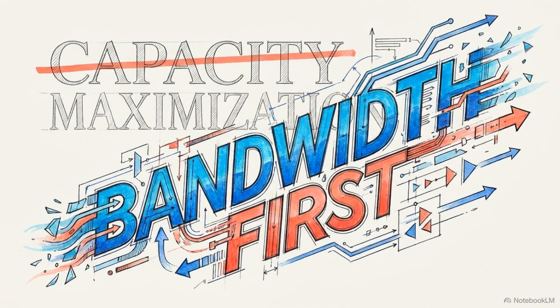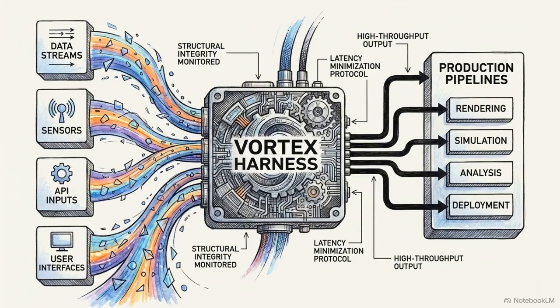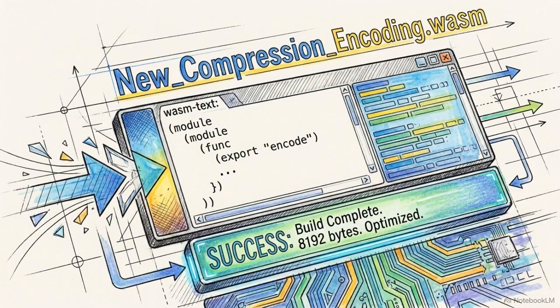These metrics prove that the engineering priority has moved beyond storage footprint. High-volume throughput is now the primary mandate. Raw speed is simply a byproduct of the engineering. The actual durability of Vortex lies in its extensibility. It is designed to be the LLVM for file formats, an open-source, industrial-strength harness capable of absorbing bleeding-edge storage research directly into production pipelines. By integrating WebAssembly, developers can compile new compression encodings and ship them forward in time.